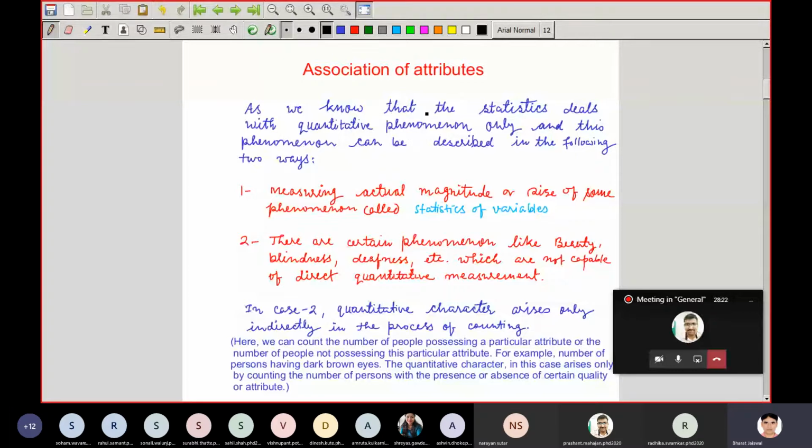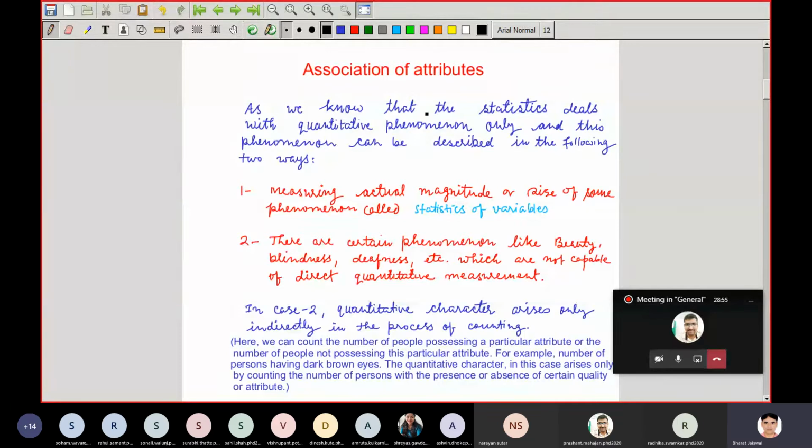We had a formula for determining the correlation between two data. So basically there are two ways to describe or analyze data. One is measuring the actual magnitude or the size of the phenomena, that is called the statistics of variables, that we did in our previous lectures. The second is that there are certain cases, certain phenomena like blindness, like deafness, like